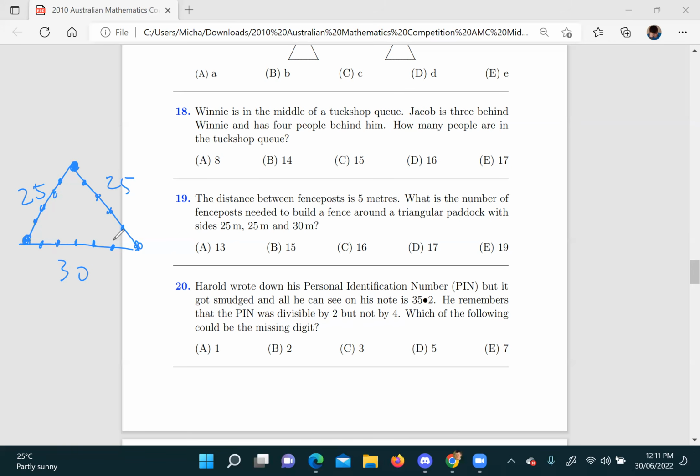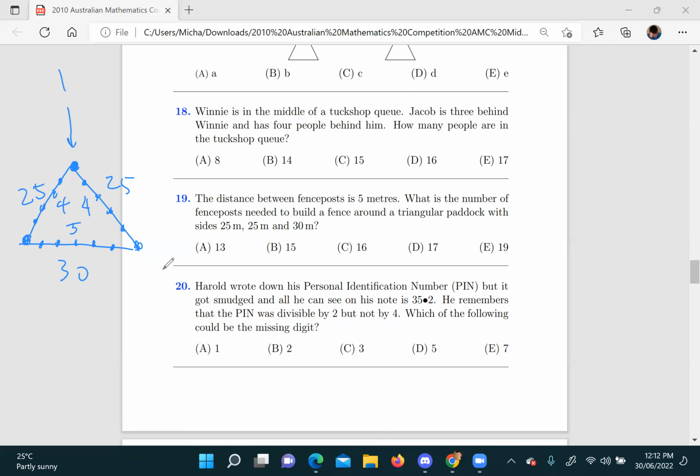All that added up. So it's 3 plus 5 plus 4 plus 4, yeah? So it's the 3 corner ones. So there's 4 posts here, there's 4 posts here, there's 5 posts here, and then there's 3 on the outside,